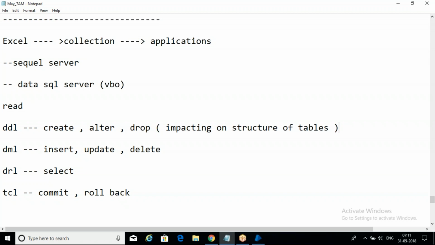When the command is impacting on the structure of the table, we'll call it a DDL. If the command is not impacting on the structure of the table, it is impacting on the inside data. Inside data, then we will call it a DML command, data manipulation language. So this insert, we are inserting data inside the table. We are going to insert